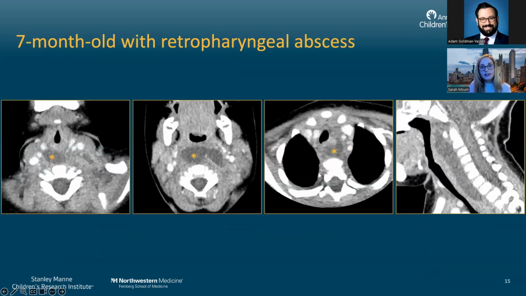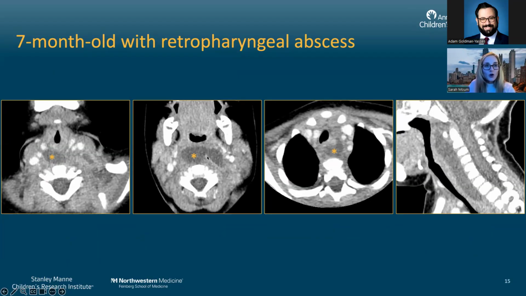All right, so the next patient I'm going to discuss in this section of the talk is a 7-month-old who presented with fevers, fussiness, dehydration, neck stiffness, and limited neck mobility. It's a grainy CT, 7-month-old, so low dose, as we would hope, but we can still see the pathology importantly. So on the CT scan, post-contrast, we can see that there's this large, not subtle, large